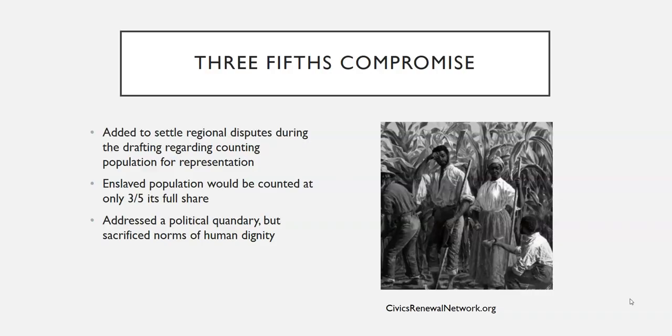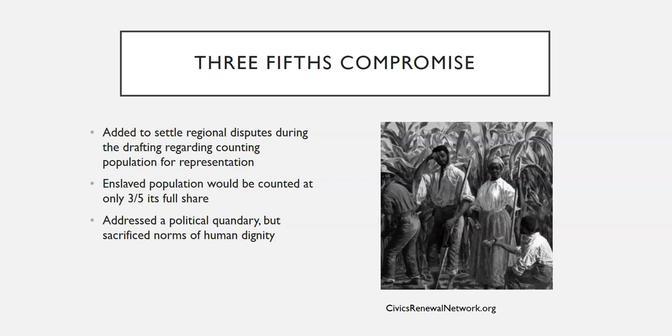So the Federalist 54 is an important document to consider because it talks about one of the most disappointing, painful parts of the Constitution, the Three-Fifths Compromise. And those of you who have probably read about this or learned about it in your government classes, the Three-Fifths Compromise was the clause in the Constitution that was added to settle regional disputes during the drafting regarding how to